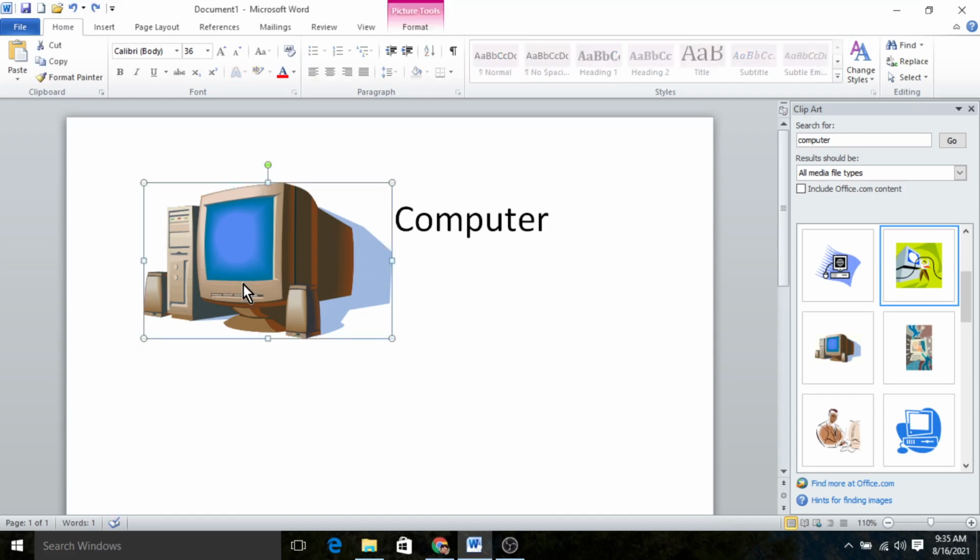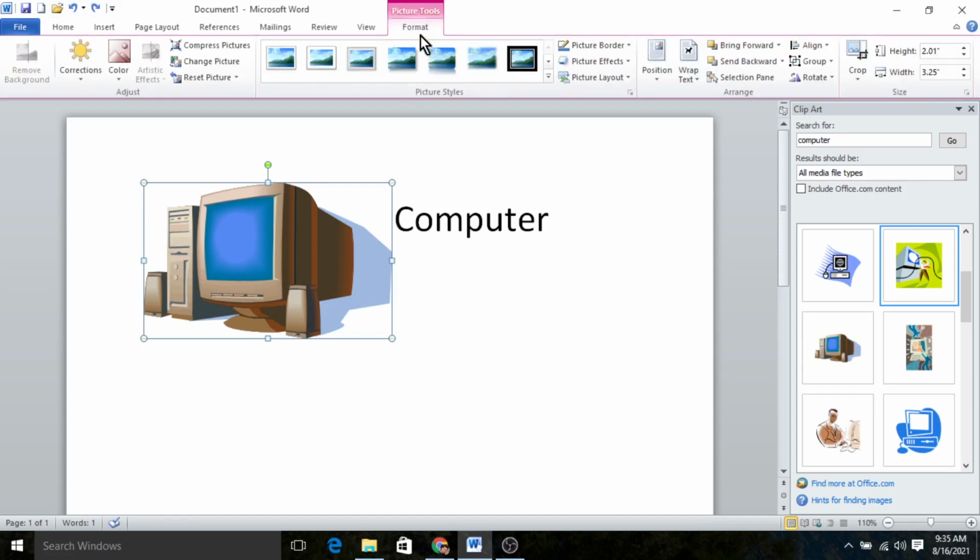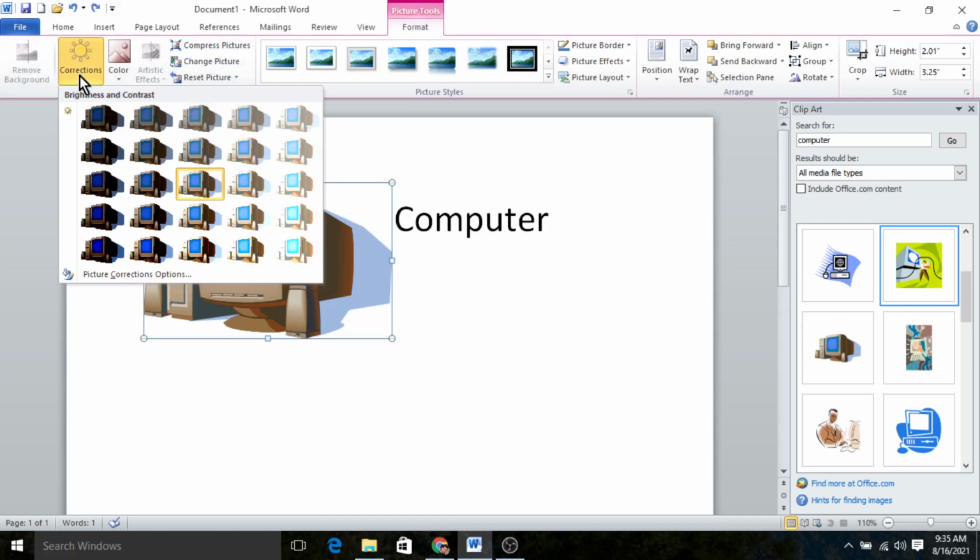This is your picture. If you want to edit the color of this, or decrease or remove some part from your picture, what you will do is just double click on this, and again in the format tab, there we have an option in the adjust group, we have the option of correction and color. So you can use any one option. Like in the correction we have different brightness and contrast levels, you can change it.